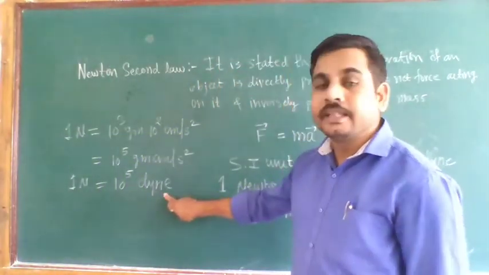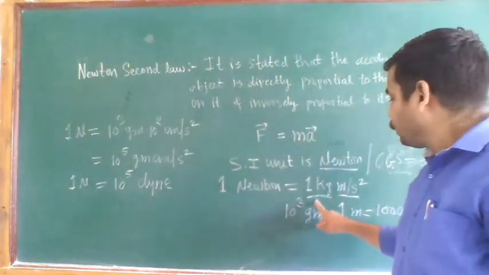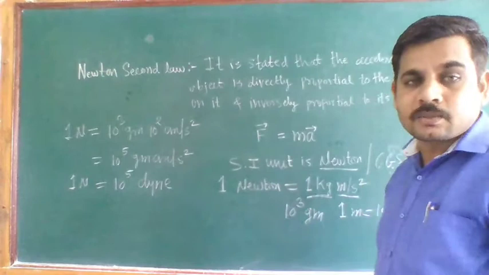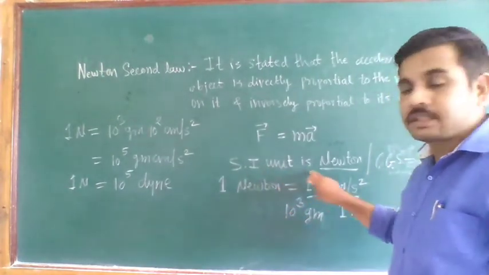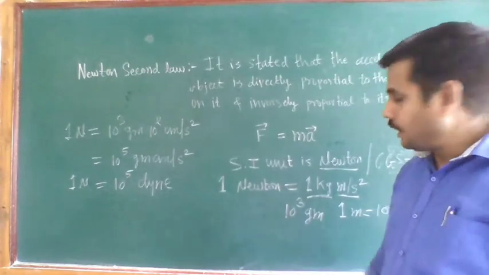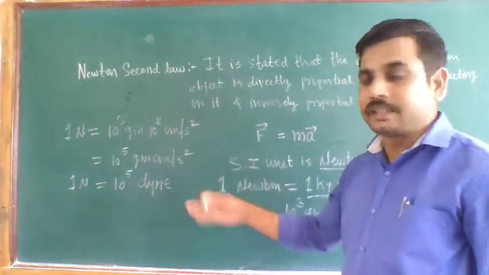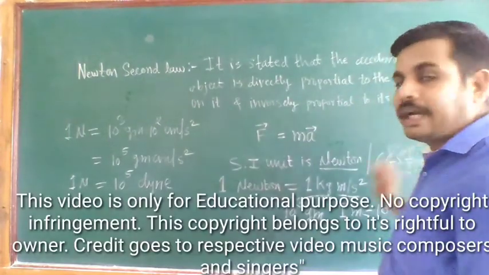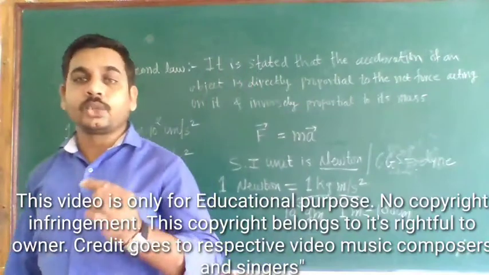So this is in terms of your CGS system. This 1 Newton is equal to 1 kg meter per second square in your SI unit, and in your CGS system it is the dyne, and 1 Newton is equal to 10 raised to 5